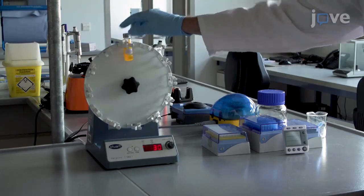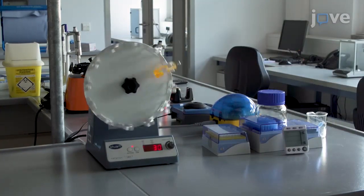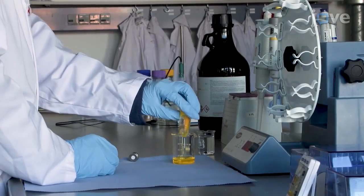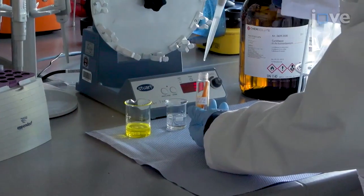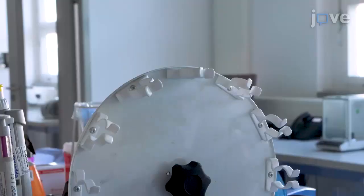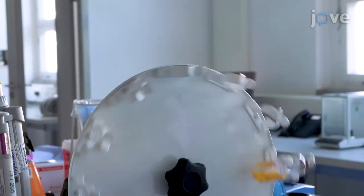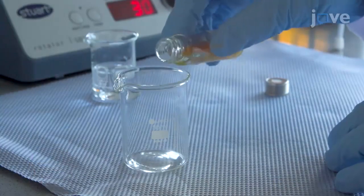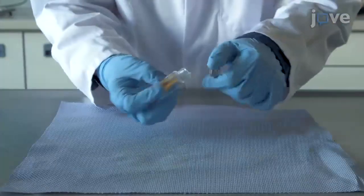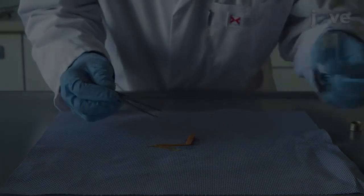Shake the strips inside the vial with a vertical rotator for 20 minutes at 30 RPM. Then, pour the toluene solution out of the vial. Immediately fill with 4 milliliters of cyclohexane and rotate for 1 minute at 30 RPM to wash off excess dyes. Repeat this washing operation 3 times. Following wash, dry the obtained test strips on a filter paper for 10 minutes at room temperature before